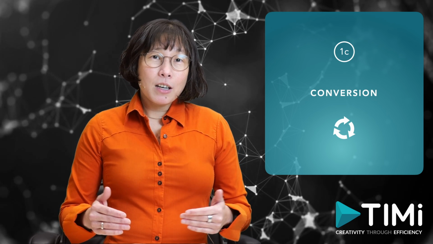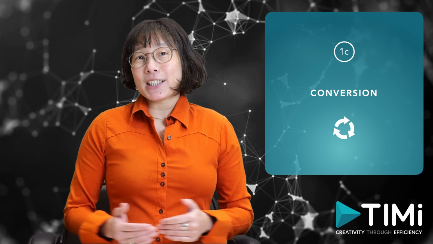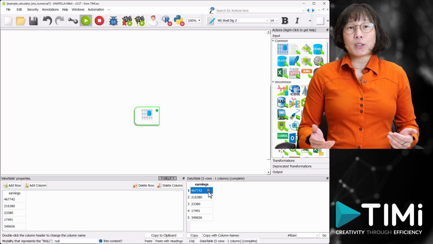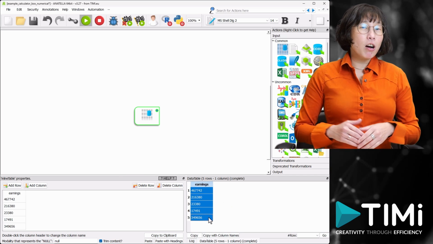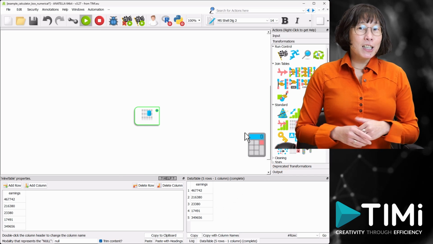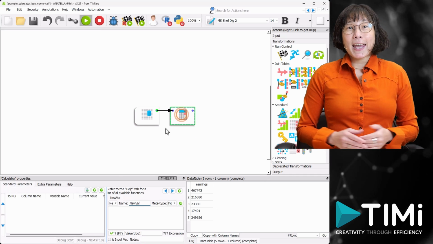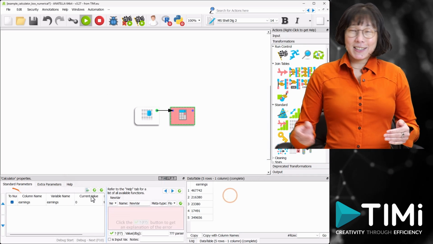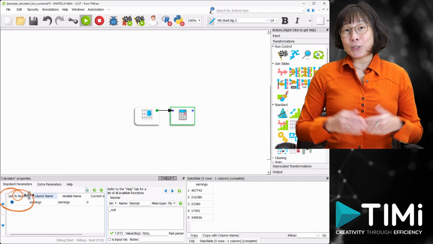In Anatella, a column containing strings is automatically converted to a numeric variable inside the calculator box if the strings are valid numeric values. Let's demonstrate by adding a calculator box. We'll add earnings as an input variable. Notice that cast2number is checked by default.